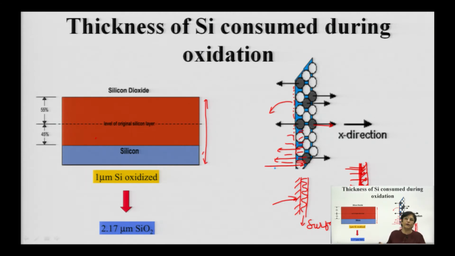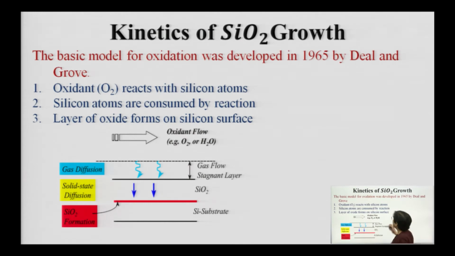What happens is, these impurities remain as they are on the outer surface and are not getting affected, so your device quality, or the quality of this oxide growth, is free from contamination and free from any defects. That is the beauty, the advantageous, beneficial feature of this silicon dioxide. Now, with this concept, that is 0.44 D getting consumed for every 1 D growth, we will get back to our reactions. Okay. So, going ahead with the kinetics involved.